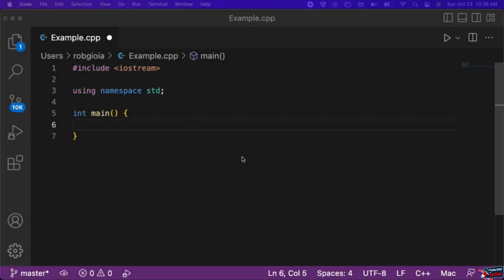In this video, we will learn about pointers. A pointer is a variable that stores the memory address of another variable. Before we learn about pointers, let's take a look at how we can obtain the memory address that a variable